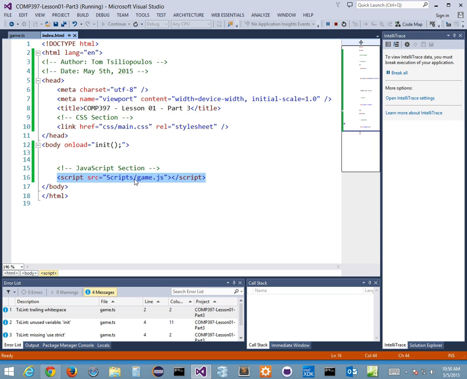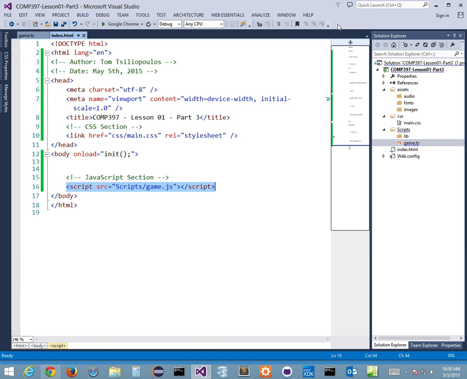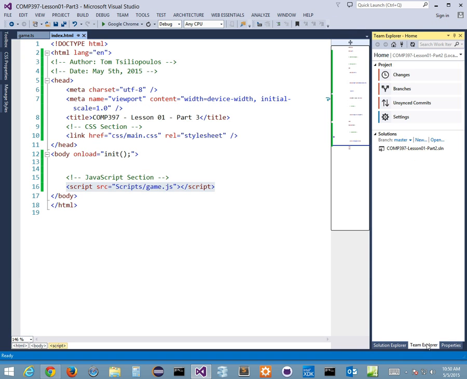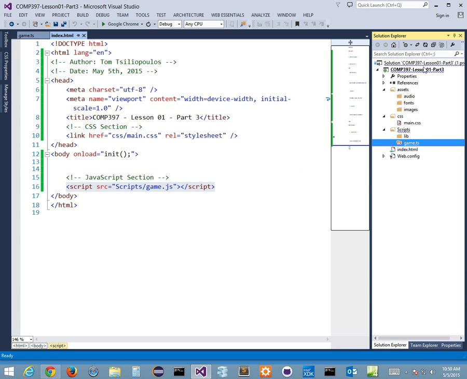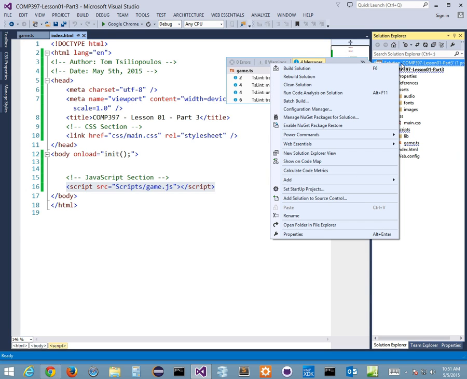Now, how do we connect this up to GitHub? Because we want to push it up to GitHub and all this kind of stuff. How do we do this inside here? Well, I have Solution Explorer. I'm going to stop debugging. And if I go to Team Explorer, I could certainly try and do this, but there's a problem, isn't there? I didn't add my file to Source Control. So the first thing I've got to do is right-click on my solution,